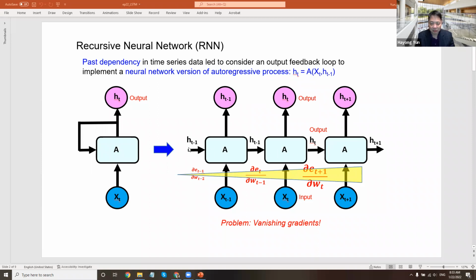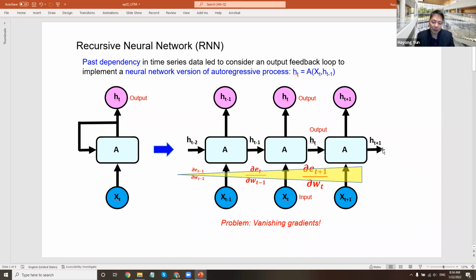So for each time input, actually this is t-2. So we have the xt-1 and the output from the t-2 period coming in to predict the ht-1, and then use that ht-1 and xt to predict the ht, and then use that ht and xt+1 to predict the ht+1, and so forth. And that was the autoregressive idea, which is supposed to work very nicely, but there was one problem,